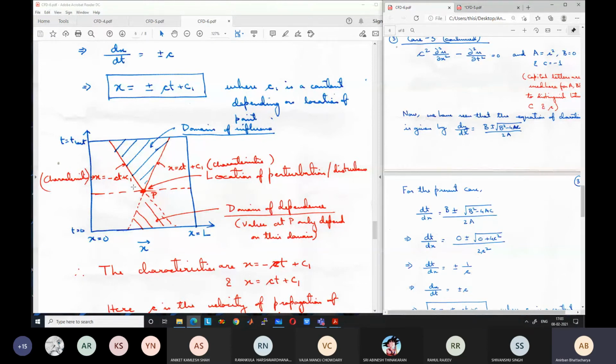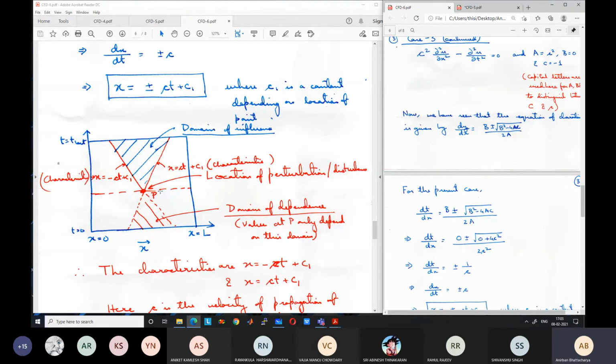So these are the two lines which we have calculated as the characteristic lines. There may be some constants missing here, but we will not bother with that, t minus t0 or something like that. Whatever it is, there are two lines passing through the point, one with a positive slope and one with a negative slope.